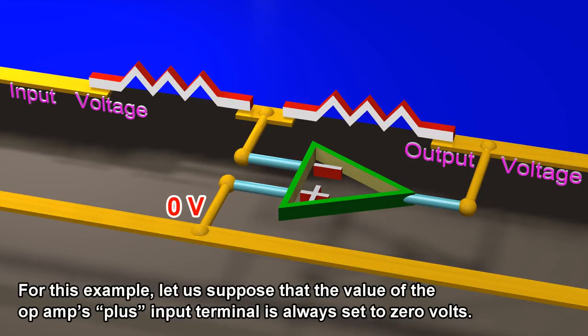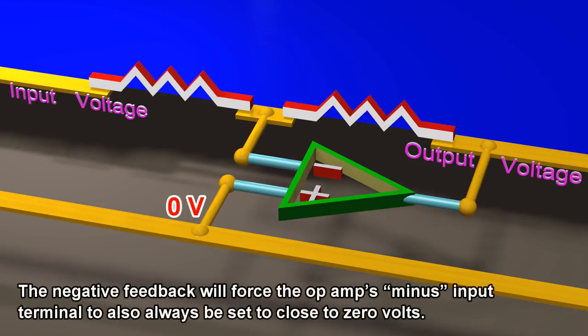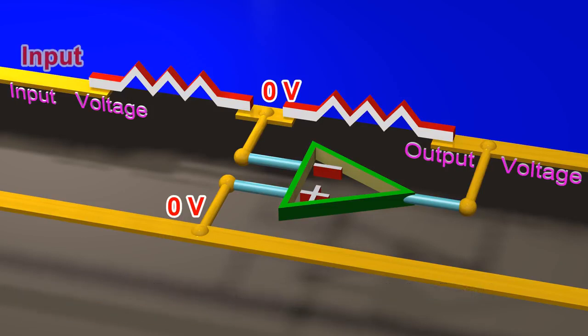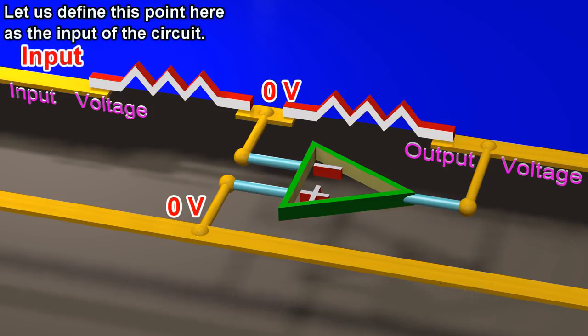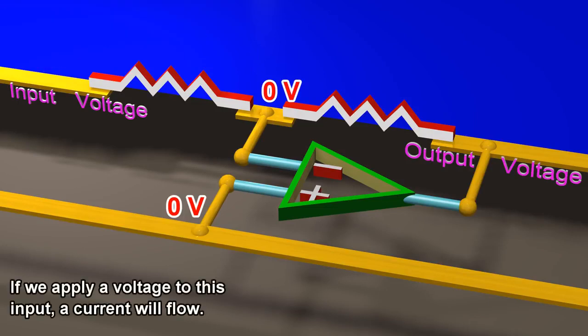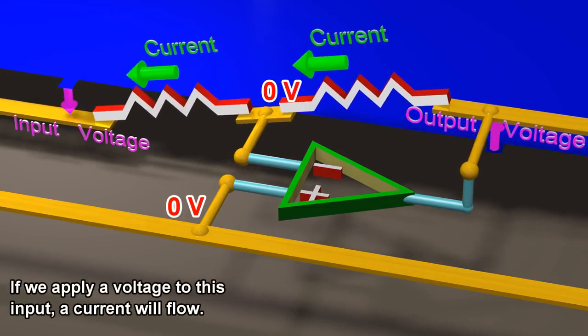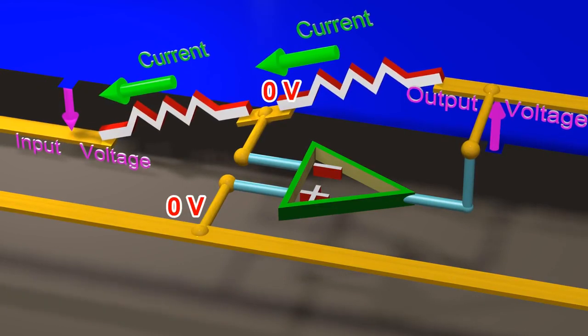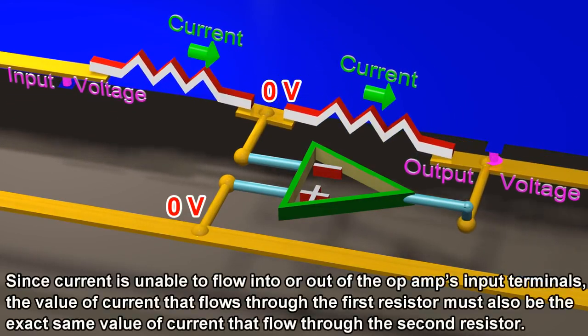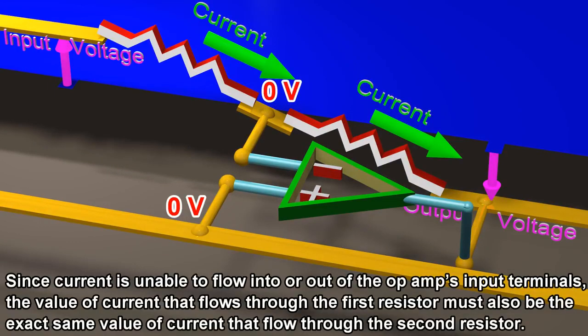Now we consider the non-inverting node at 0 volt, and similarly the B node also at 0 volt, because this is an ideal operational amplifier. Now the input is given to the inverting terminal. If we apply a negative voltage, the current direction will be like this. If we apply a positive voltage, the current direction will be like this.